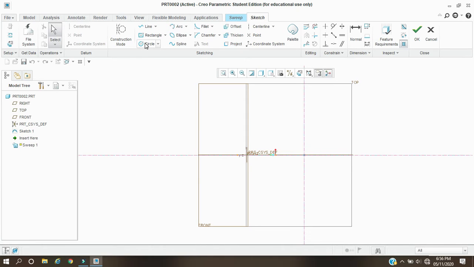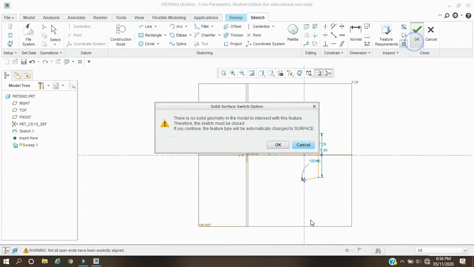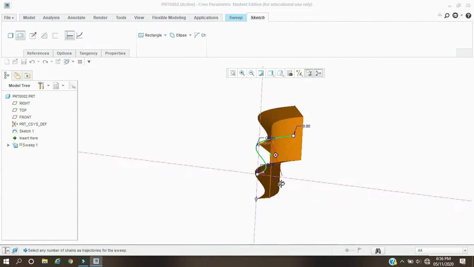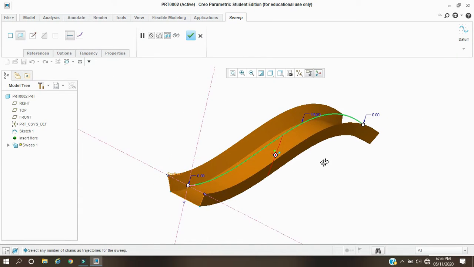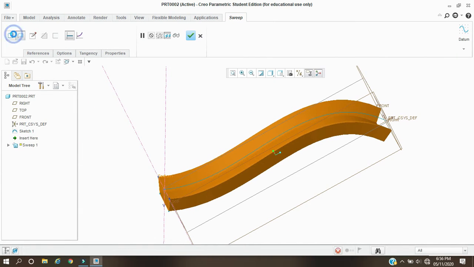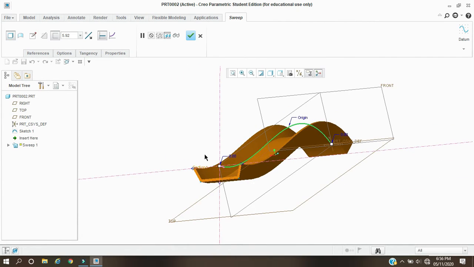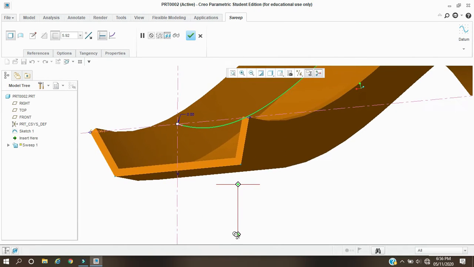For thickness, any cross section we can draw, like an open cross section or a closed cross section. I'm going to draw the open cross section. Now it automatically changes to the surface. If you want a solid, then it automatically switches to the thickness. Now you can see the thickness is added inside of that cross section.